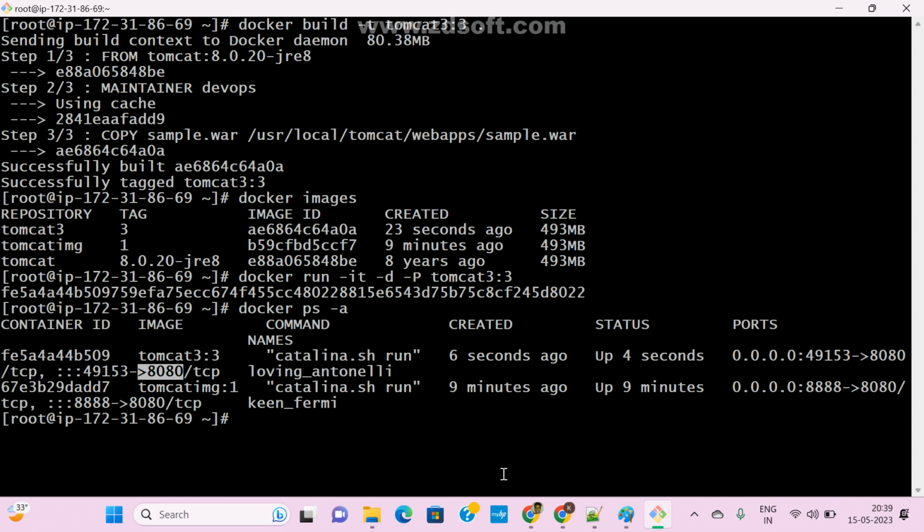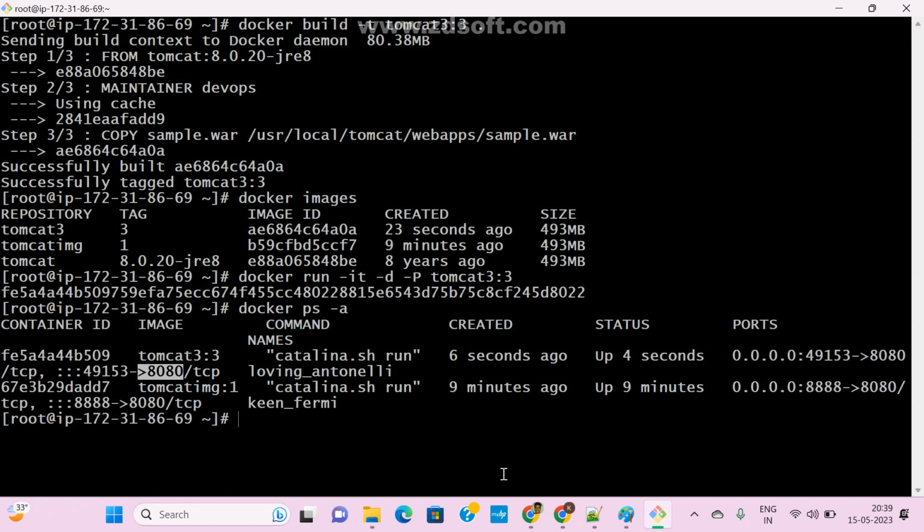Now what is capital P, guys? Automatic port mapping. What is small p? Manually mapping the number. Now clear? Clear, yes sir, Ramesh? Okay.